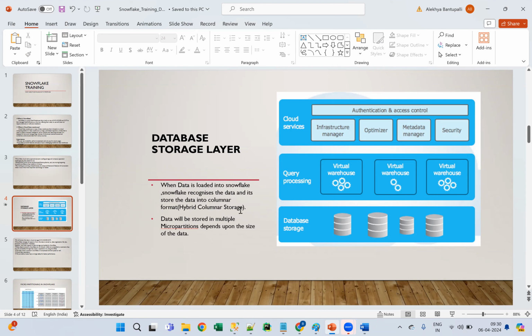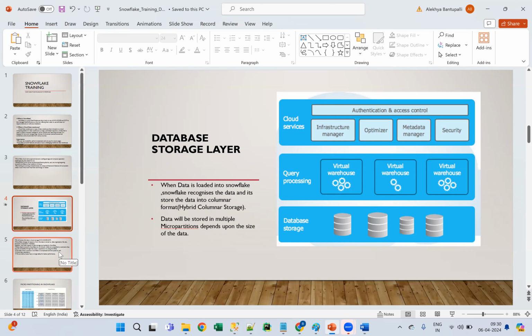Whenever you are storing data into tables, from files or any source, to load your data into Snowflake tables, before that, the data gets separated into multiple micro partitions. Okay, in what format? Columnar format. Your data gets segregated into multiple micro partitions in columnar format. That is hybrid columnar storage, guys.